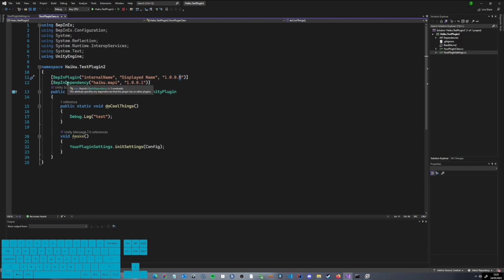As you can see, for example, in our dependency, we're dependent on MapBI, and we are dependent on the version minimum of 1.0.0.1. Since in 1.0.0.0 there's a lot of methods missing, and so we actually have to make sure that we are dependent on that version. So these versions, like this version, is very important. You should definitely keep track of them.